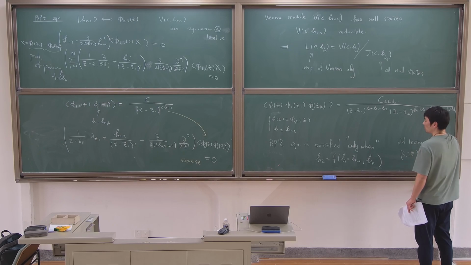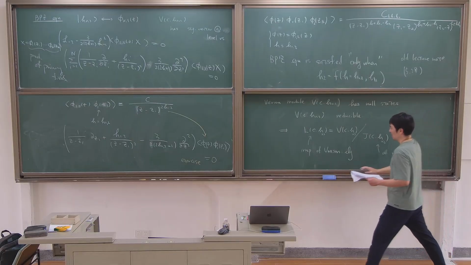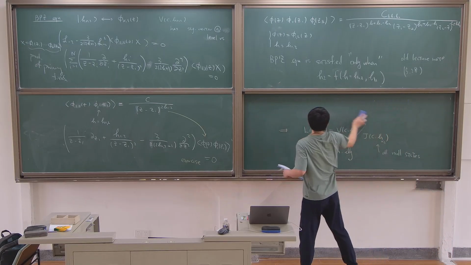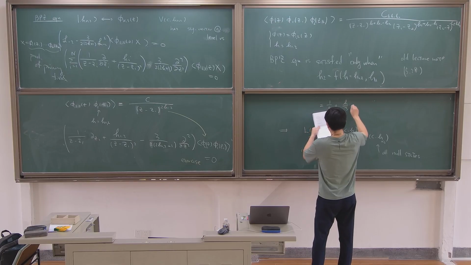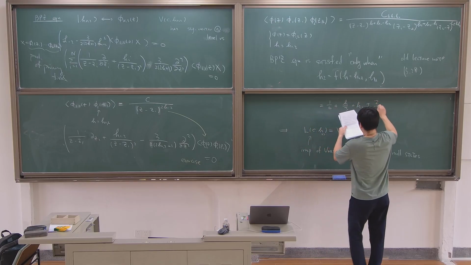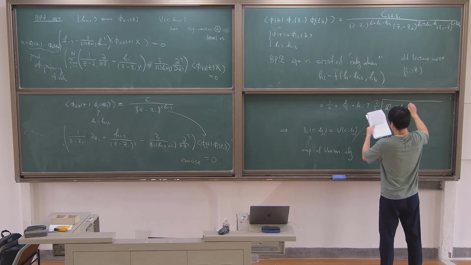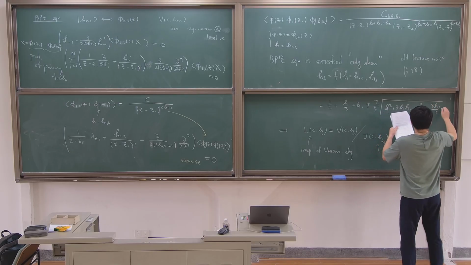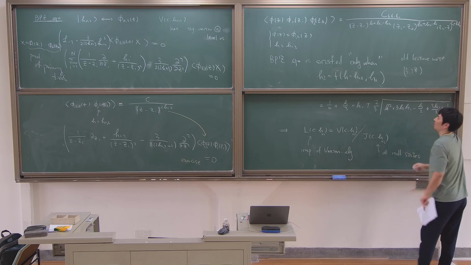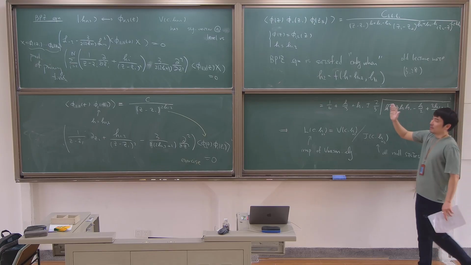I mean, do you want me to write down the full expression? I can write it down, but it's just long. I mean, I can write down the full expression: 1/6 plus h over 3 plus h1 plus minus 2/3 square root h squared plus 3h h1 plus h over 2 plus 3h1 over 2 plus 1/16. Anyway, it's not that bad. So the BPZ equation,